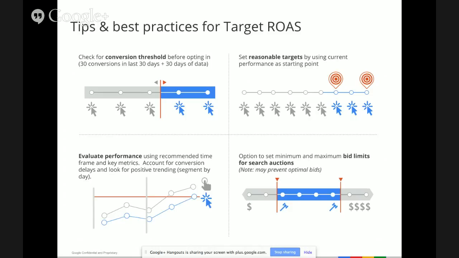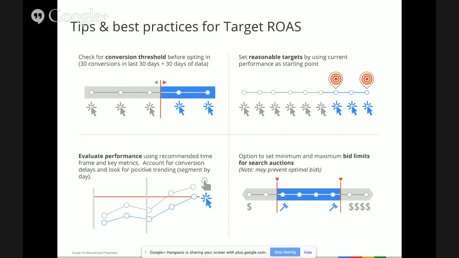Second is to set reasonable targets. So we want to make sure that when you move from whatever bid strategy you're on right now, whether it's max CPC or target CPA, into target ROAS, that you're setting a realistic bid. The best way to benchmark this is to look at your performance over the last 30 days. So if you're achieving a 10-to-1 return, we'd recommend setting a 10-to-1 target ROAS so that we give you realistic bids. And then if you want to raise or lower that over the next couple weeks, you can definitely do that. But what we don't want to have happen is for you to be achieving a 10-to-1 ROAS and tell our system that you need to double your profitability, because that'll be hard for us to hit right out of the gate. It's more of a gradual adjustment.